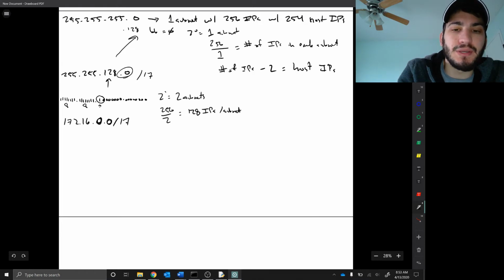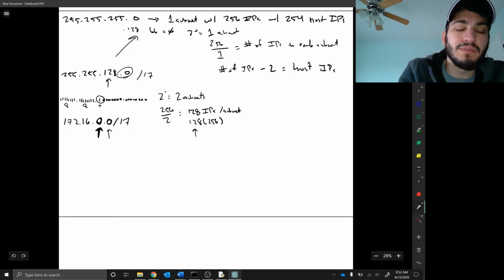That's not 100% true. It's actually 128 times 256, because if you have 128 IPs, that means you have 128 IP addresses for this octet, and for each one of those numbers you have 256. So 172.16.0, you can go from 0 to 255, and then with 172.16.1.0,